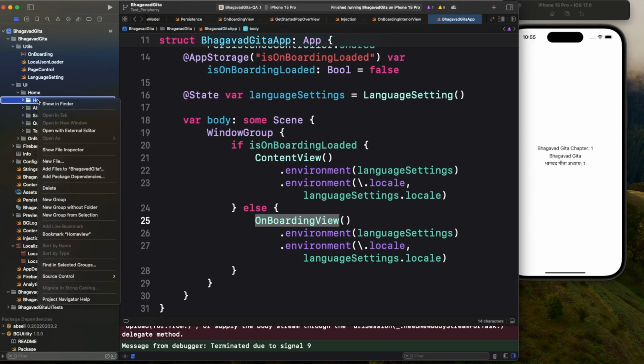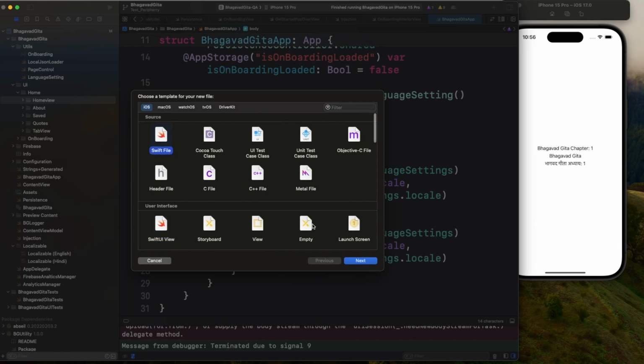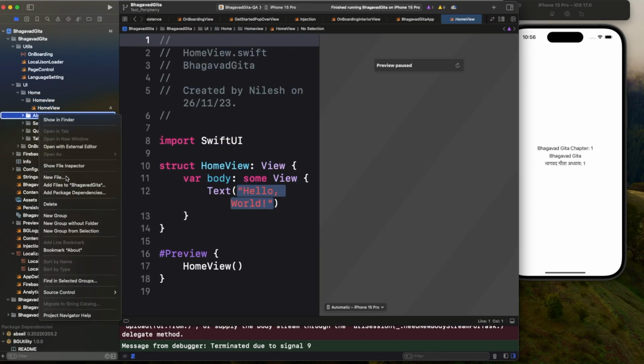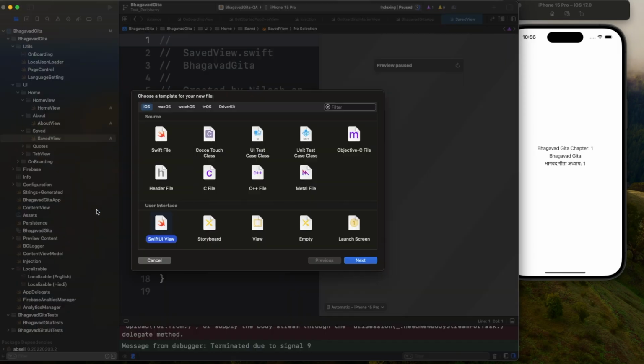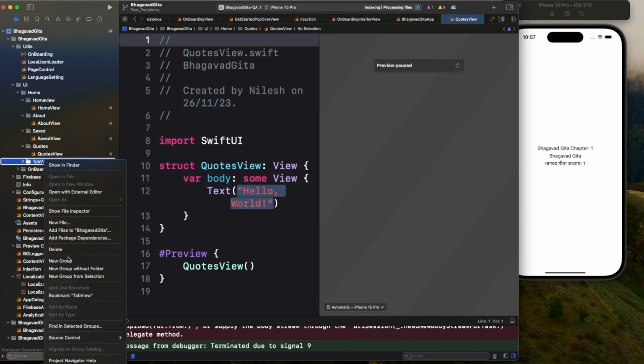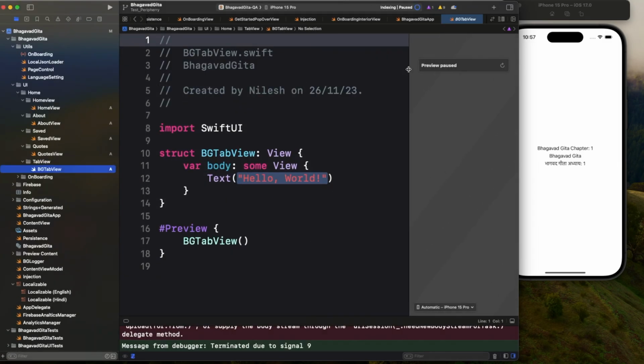Okay, and inside each I'm going to create a new SwiftUI view. So let me quickly create it. Okay, so I created all my SwiftUI view, and this is basically going to be the home page, that is